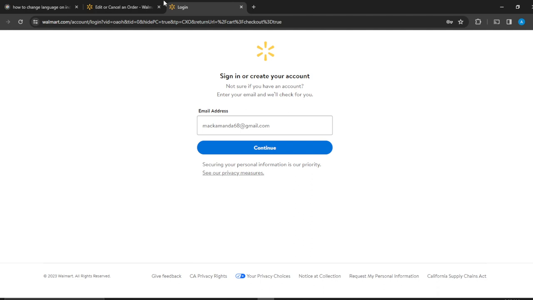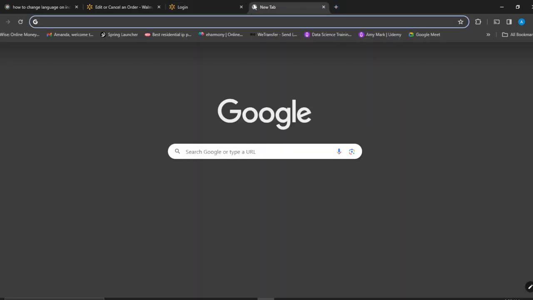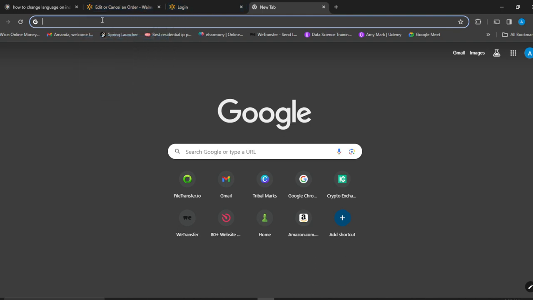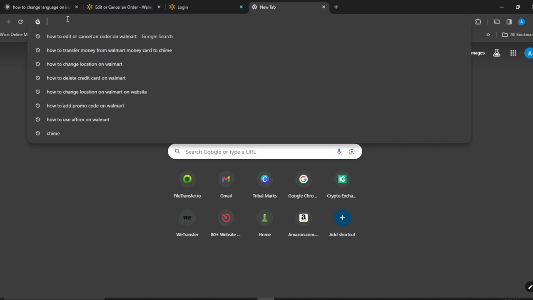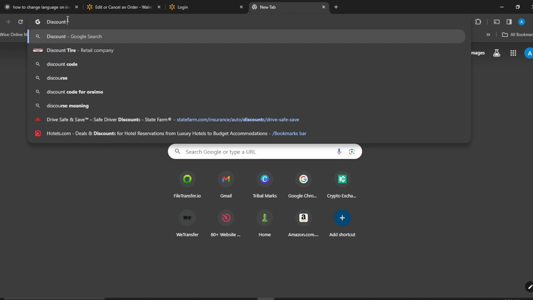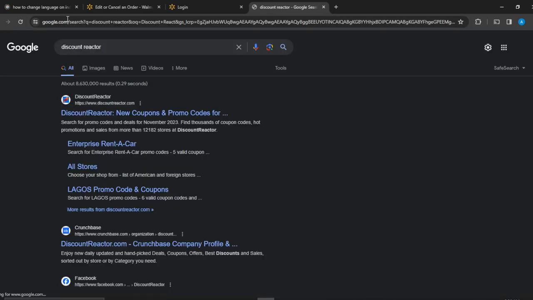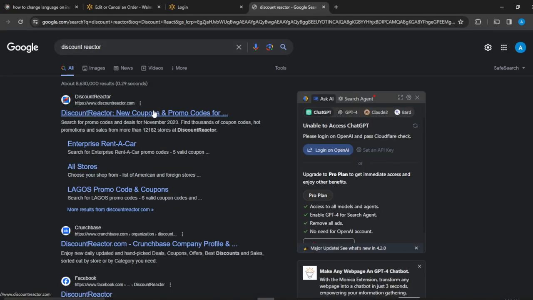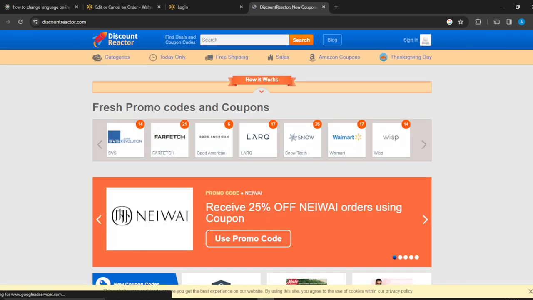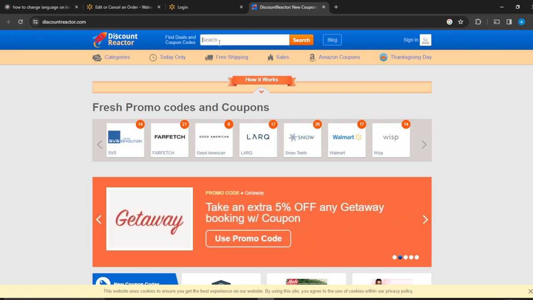Go ahead and open a new tab and then type discount reactor. So that's Discount Reactor, where you find new coupons and promo codes. So open that up and then sign in. Once you sign in, where you have discounts in the search bar, just type Walmart, and when you find Walmart,